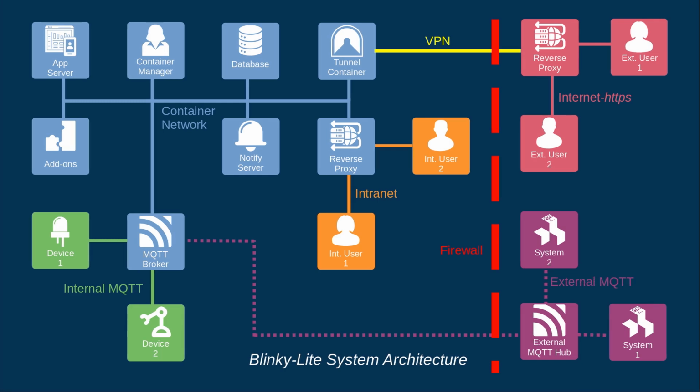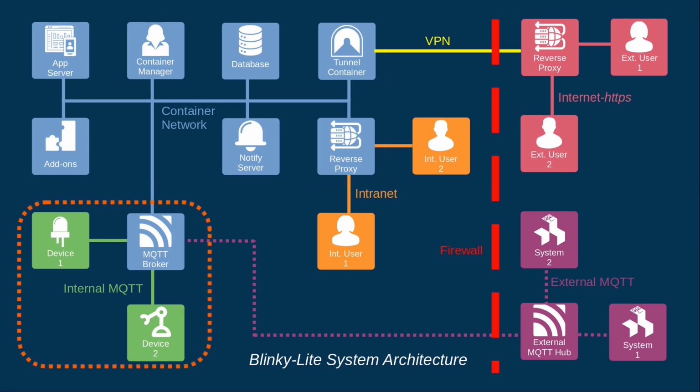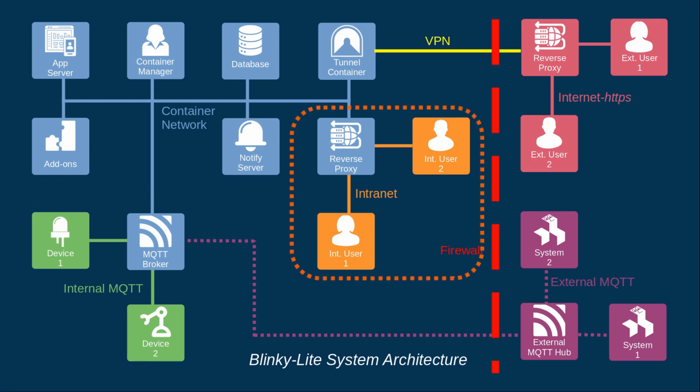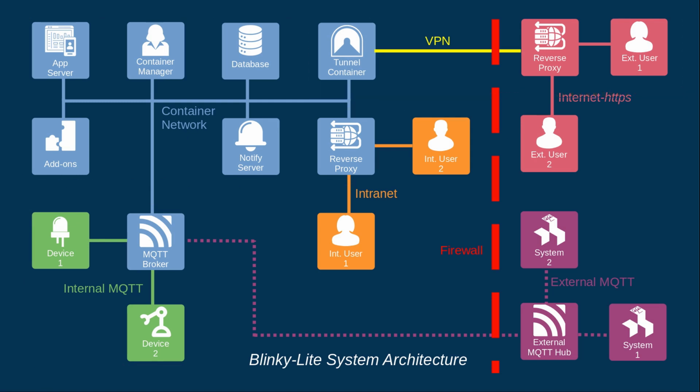That wraps up our quick overview of the Blinky-Lite architecture. From isolated container networks, to publish-subscribe device communication, to role-based authentication via JSON web tokens, to virtual private network communication through a reverse proxy server, Blinky-Lite provides an organized, layered approach to remote access